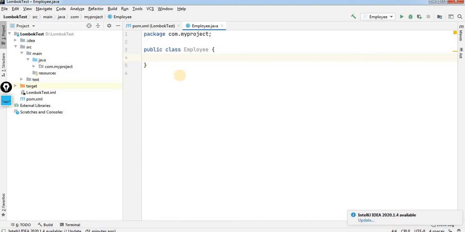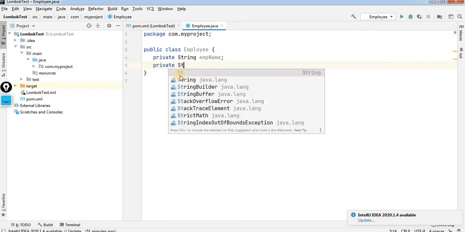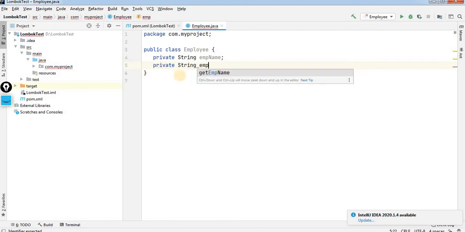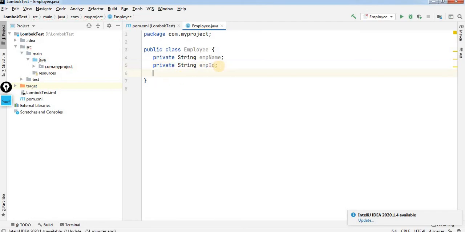These two are private variables of string type: private String empName and private String empId. Assume this employee class is a model class which takes the employee data.